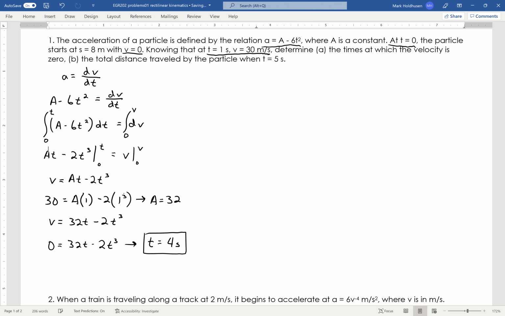That is when the velocity equals 0. Now we want to figure out, hey, what's going on with the position? What's the total distance traveled? Now this is why I left the variables in there, because now I can do further